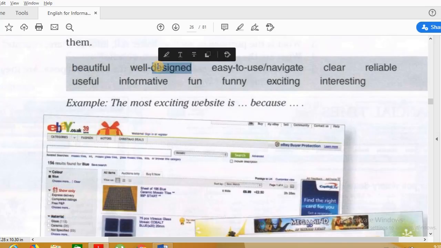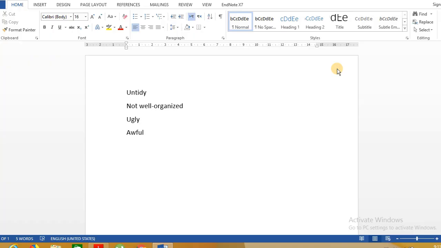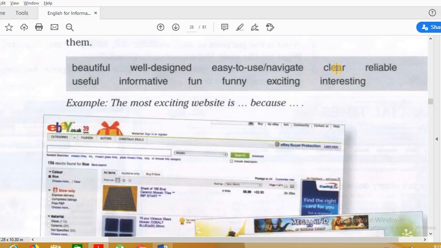Well designed, not well designed. Easy to use عكسها difficult to use. Clear ممكن نقول not clear أو يعني ملهاش عكس واضح. هذه reliable unreliable غير معتمد عليه. Useful, useless. هذا الموقع useless. Informative معناها